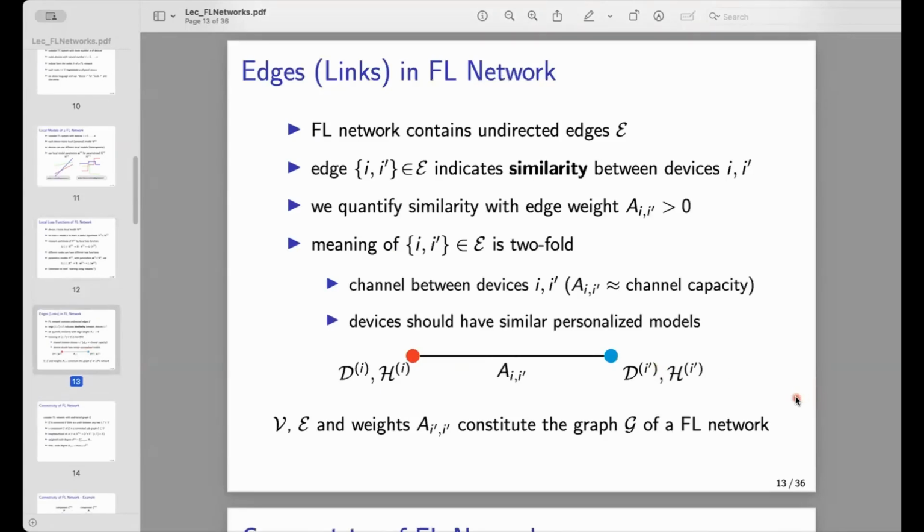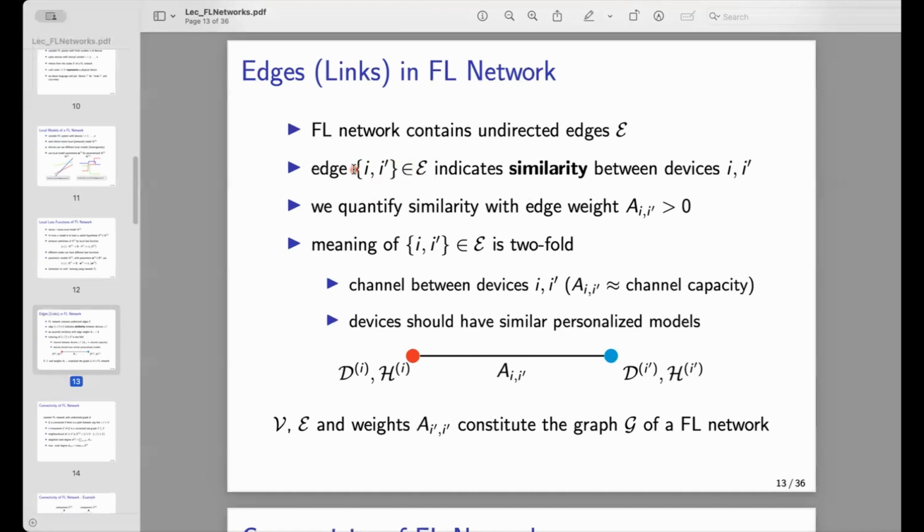Okay, so beside these node-wise attributes, like the local models and the local loss functions, these are all attributes of nodes. Now we bring in edges or links in the federated learning network. So we model these links as undirected edges. Some of these devices or nodes i and i prime are connected by an undirected edge. An edge is denoted as a set that consists of the nodes that this edge connects, and there is no order. A set is an unordered collection of objects. So it's undirected